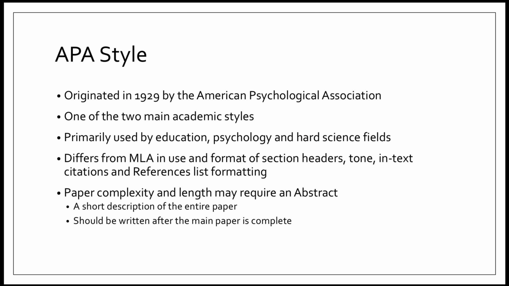So in APA, sometimes it may require an abstract. And so when I think about an abstract, when you go and look at academic journals, and I'm going to do some introduction to academic journals here in the next week or so, what you'll find is that most academic journals can be pretty long, right? Anywhere between 10 and 30, 40 pages sometimes. And depending on the length of it, instead of having to read the entirety of an